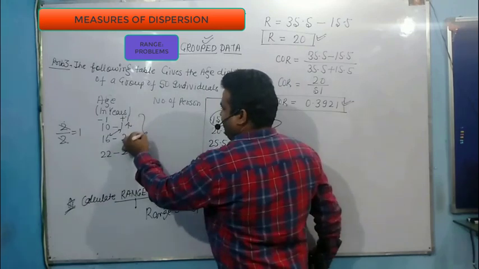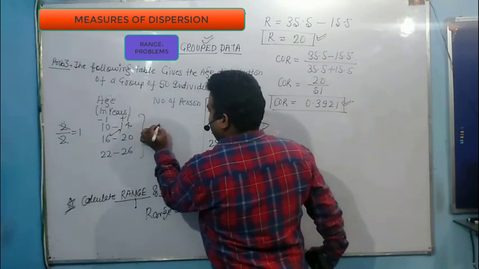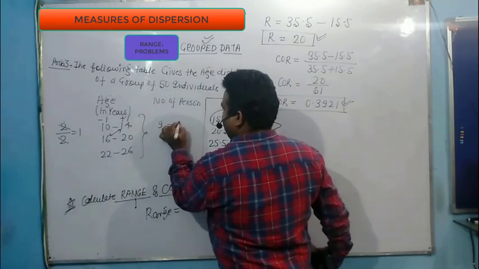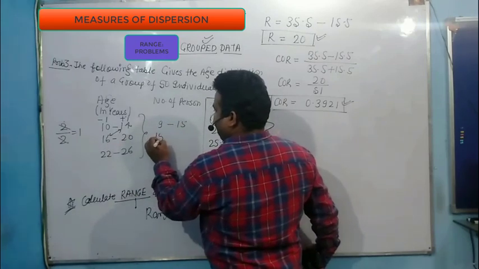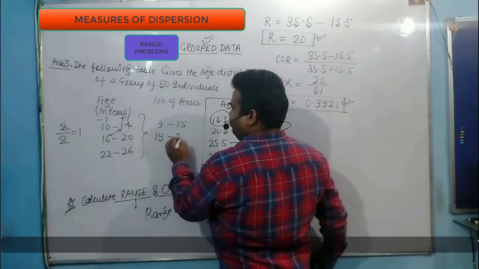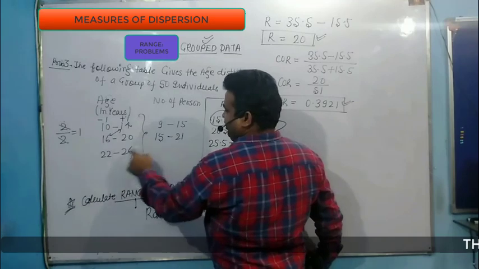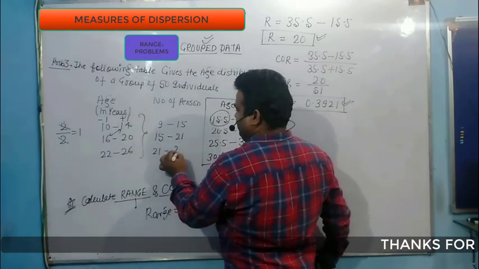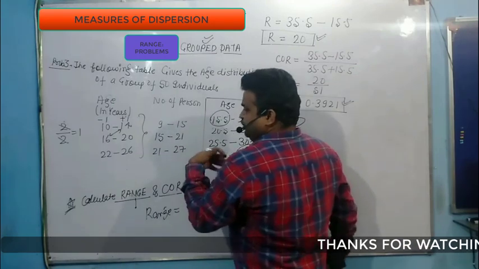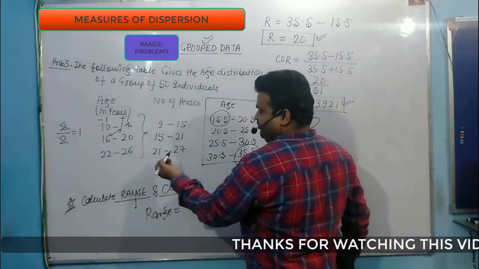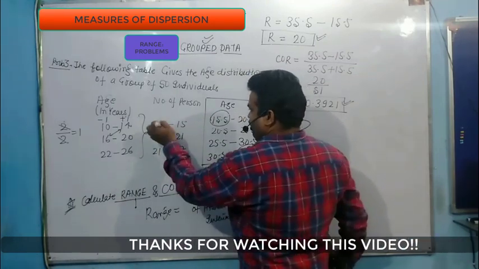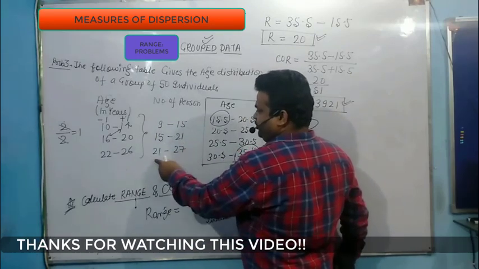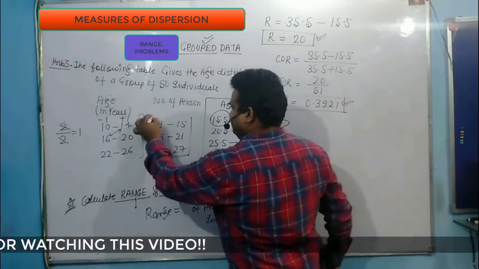So what will be your range? Now in this case, if you subtract this value, you will get 9 and here you will get 15. Here you will get 15 because of subtraction of 1, here you will get 21 because of addition of 1. Here you subtract 1 to get 21, here you add 1, you will get 27. Now your sequence of range is 9 to 15, 15 to 21, 21 to 27. Now this is continuous form.